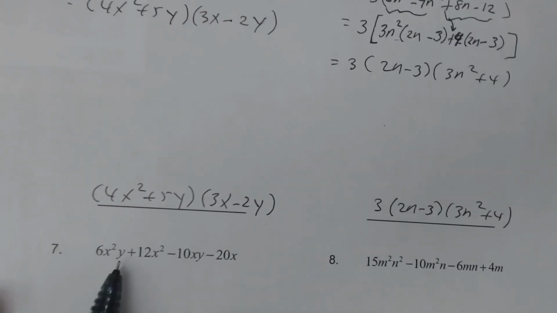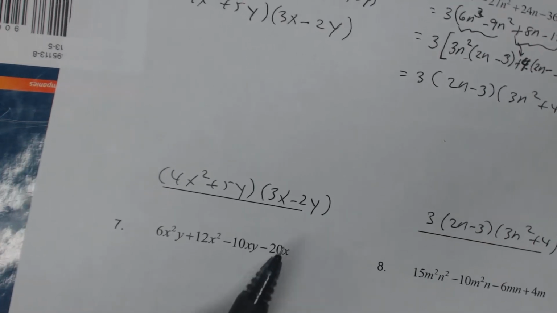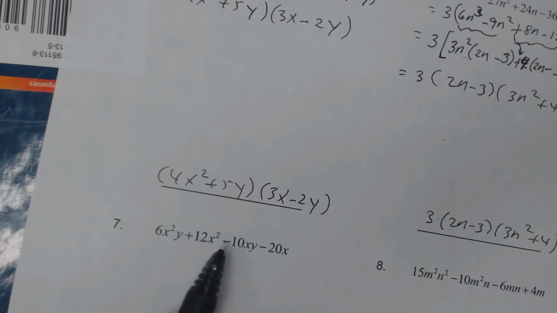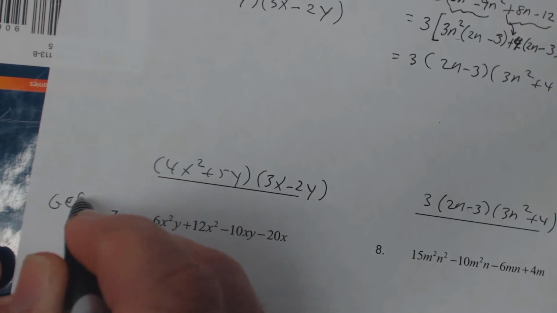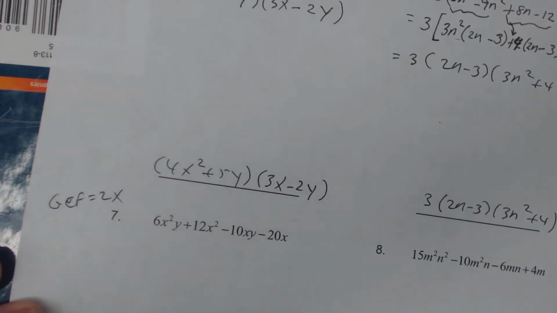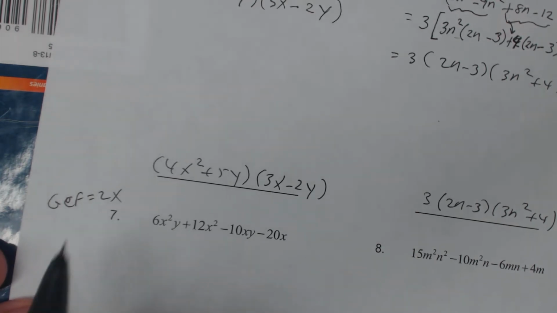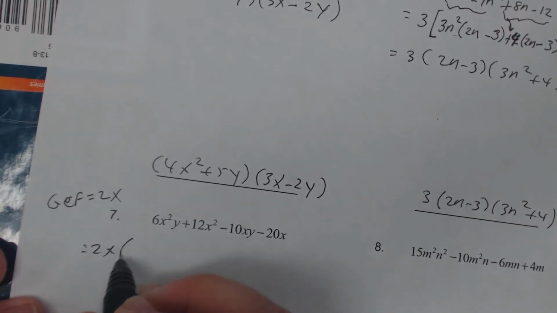Okay, over here in number 7, it looks like there's an x in every term, so I know part of my GCF will be an x. 6, 12, 10, and 20, so the GCF is a 2x, it looks like. So the GCF is 2x. There's not a y in every term, so you can't factor out a y, but I can factor out a 2x. So I get 2x times,